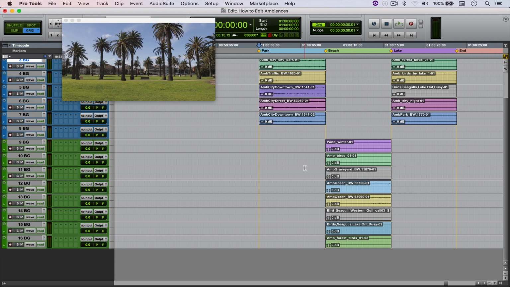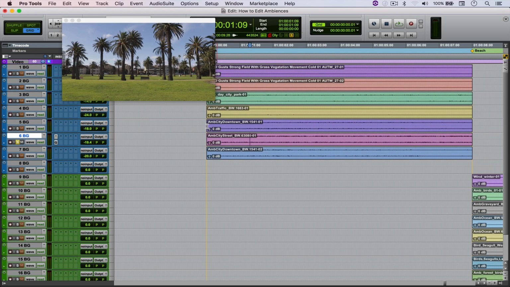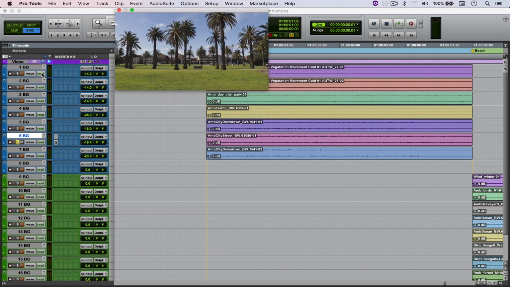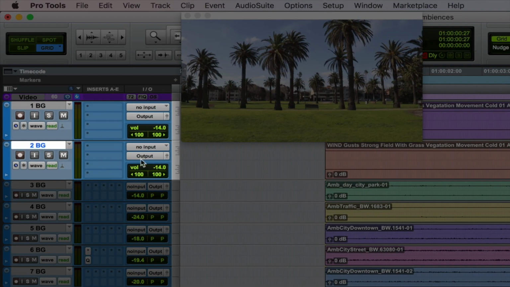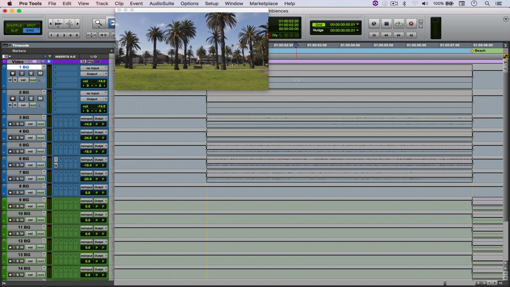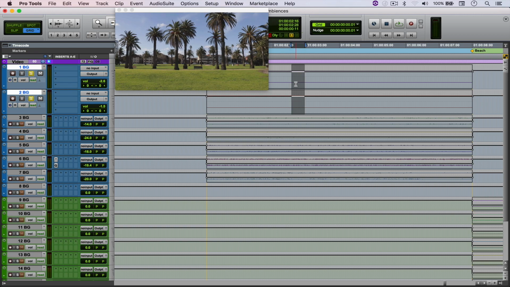But anyways, something that I also need to mention, it's very common to have the first two tracks of backgrounds or ambiences panned to the center. Now, why is that? Well, because you can also use ambiences to support the dialogue. So that could be wind if it's outside or room tone if it's inside. So just come here and click with option. And I'm just gonna raise the volume so you can really hear what's going on. So you can hear that right now it sounds very narrow. And when I go back,